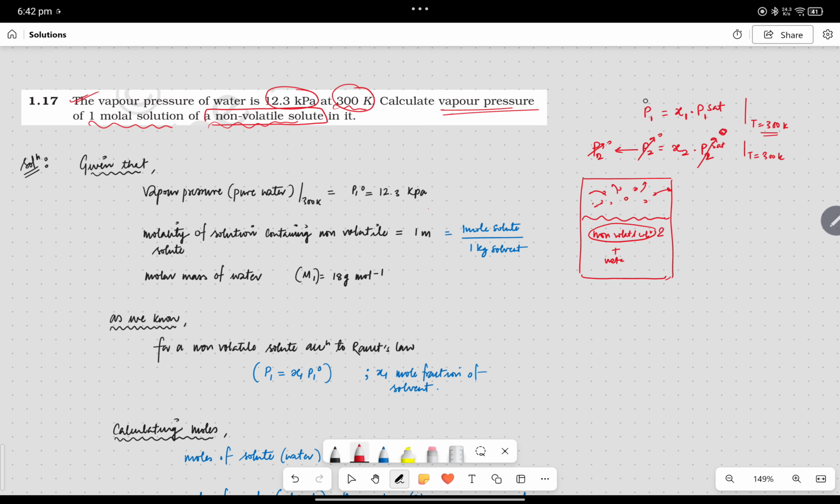So what will happen is that water is the only volatile component present in this solution, and it is going to contribute to the total pressure. Simple. So PT is equal to P1 plus P2, partial pressure due to component 1 plus partial pressure due to component 2. The partial pressure due to component 2, because of the non-volatile solute, is going to be 0, simple. So that's why the partial pressure of component 1 is solely going to contribute to the total pressure of that solution,